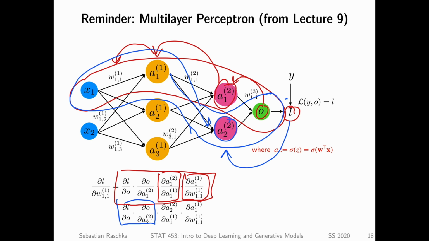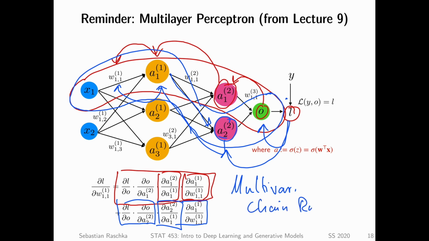And then we go, so it should be one more intermediate step. The derivative of the loss with respect to the output, the derivative of the output with respect to this A22, and then the derivative of this A22 with respect to A11, which is here, and then lastly the derivative of A11 with respect to W11, which is this part. We just simply add them up with a multi-variable chain rule. Okay, so that was just a quick refresher of how the chain rule works for a neural network, for a multi-layer neural network.